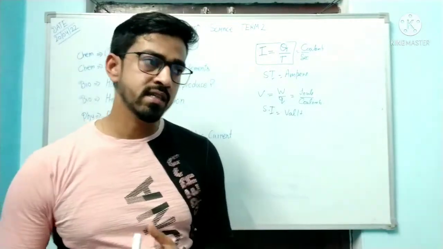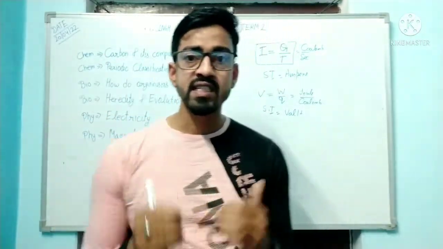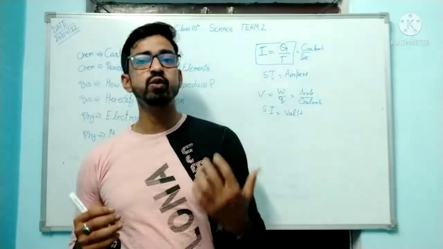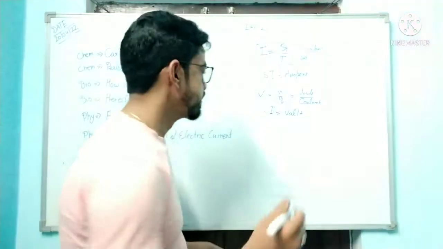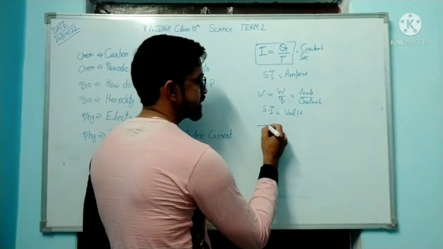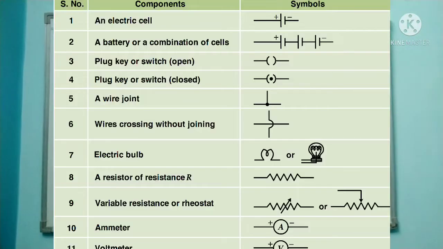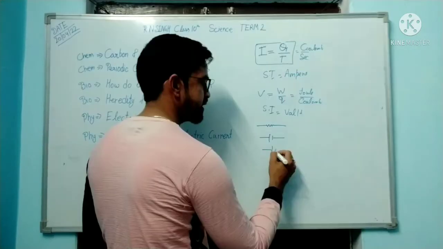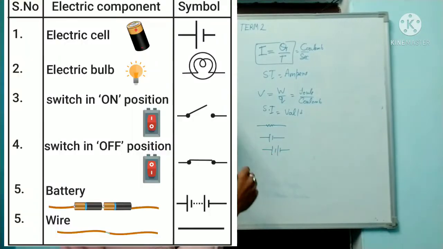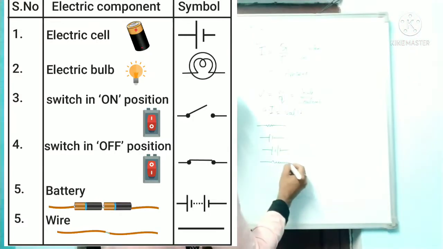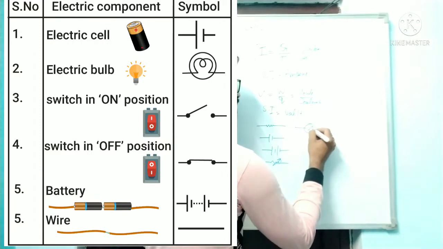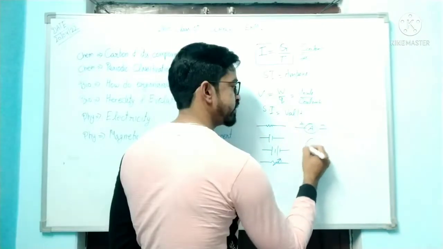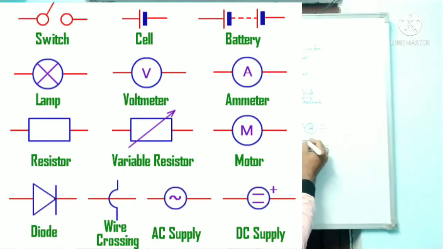Second topic is what is the use of this. So we use this in electric circuits. You also have to prepare the circuit symbols, like this is resistance, this is a cell, and when cells are connected a lot, it is a battery, then variable resistance. So you have to remember some basic concepts: ammeter, positive negative, voltmeter, positive negative.